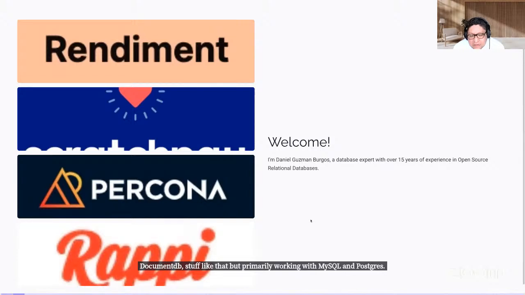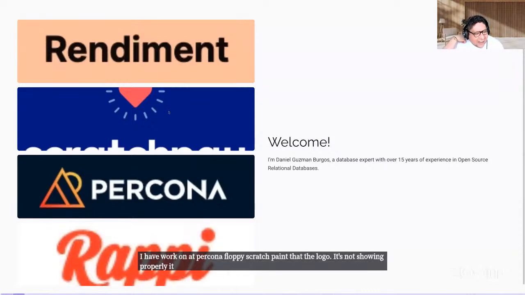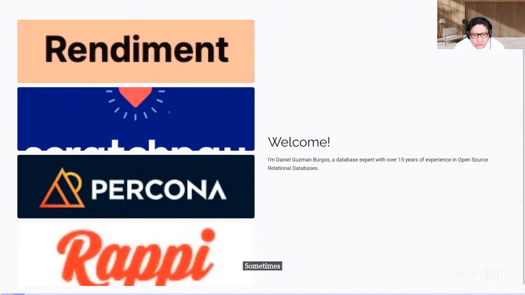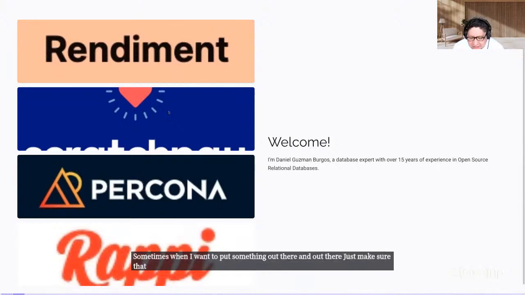I have worked at Percona, at Rappi, and ScratchPay, though the logo is not showing properly. It's my current employer. And I have a blog that I call Rendiment. I write technical stuff sometimes when I want to put something out there and just make sure that the community has yet another opinion.